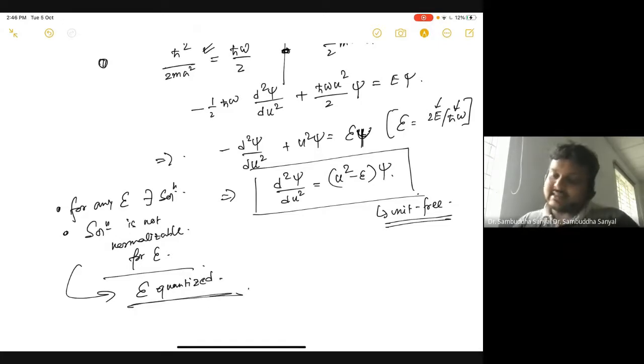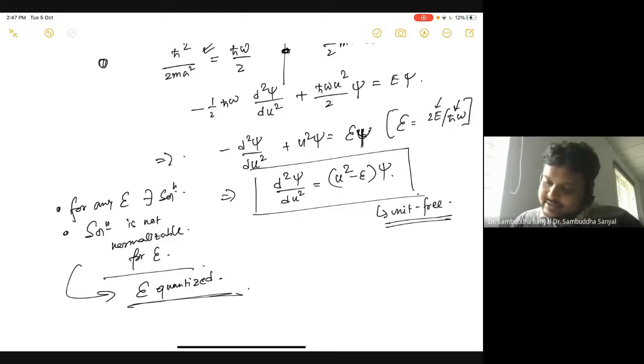So two things come out from this equation. If you just stare at it as a differential equation, for any epsilon there is a solution, but only for certain epsilon is it normalizable and a physical solution. So from a pure mathematical point of view, you can see quantization. But to see exactly how it pops out from the structure of this problem, that is what we will do next.